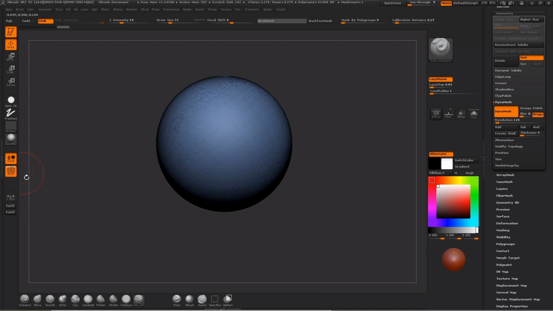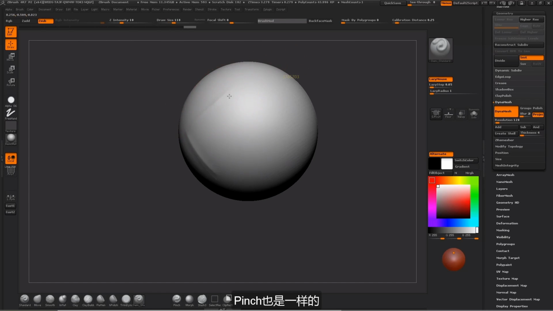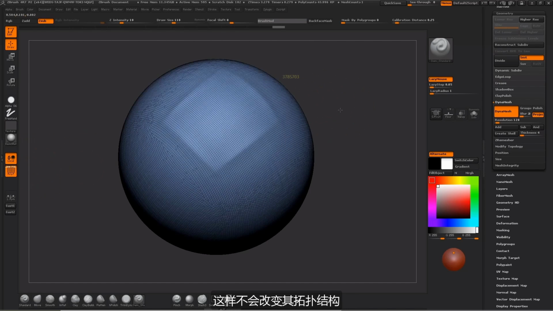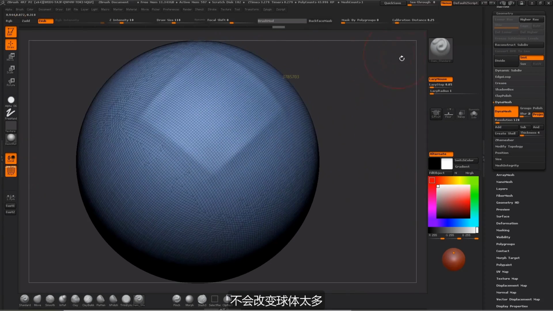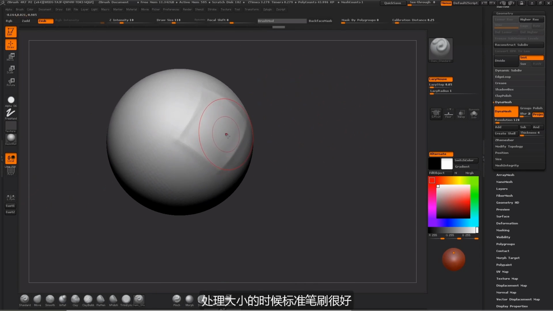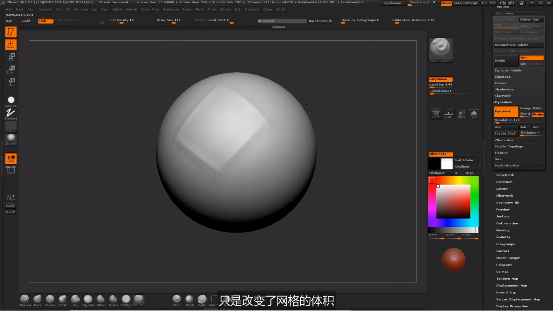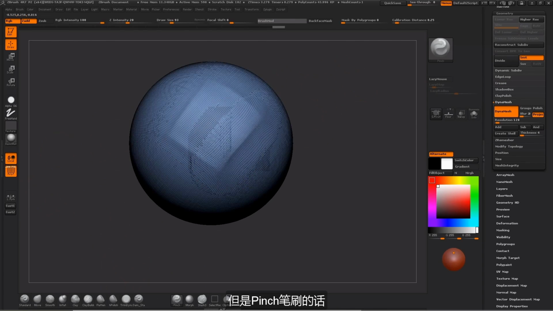Now, when your mesh has more resolution, I like to use the demi standard brush because you can create the hard edges in the same way as the pinch, but without changing the topology, without bringing the vertices closer together. The standard is better in this case because you just change the volumes of the mesh, while the pinch